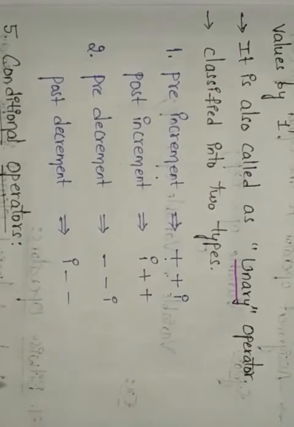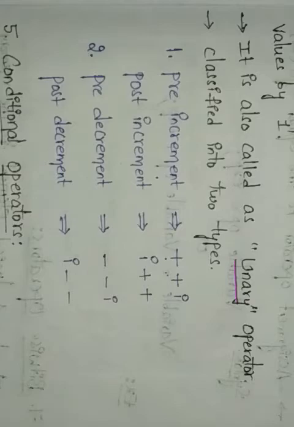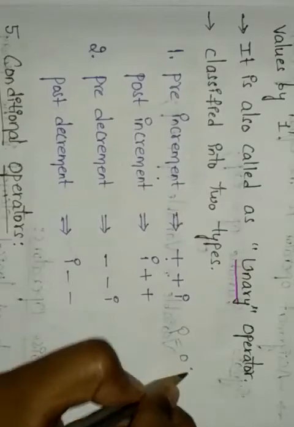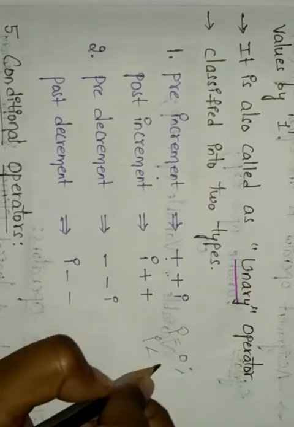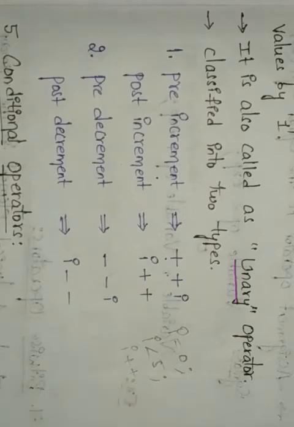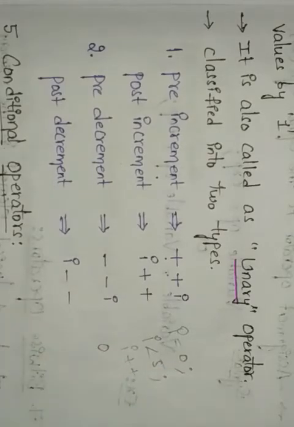Okay, suppose in the program, for example, you are giving the value I equals 0, and the next condition you give is I less than 5. Here I am using I plus plus, that is the post-increment. After giving the value, you increment, right? So here first it will display the output 0. After that it will be incremented to 1, and after that incremented again.